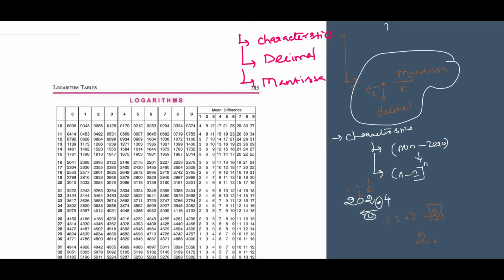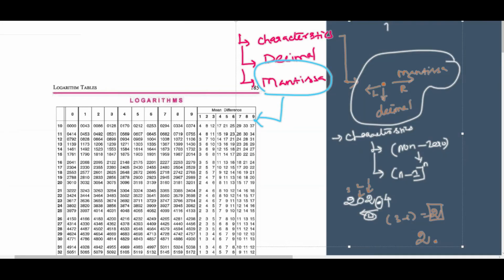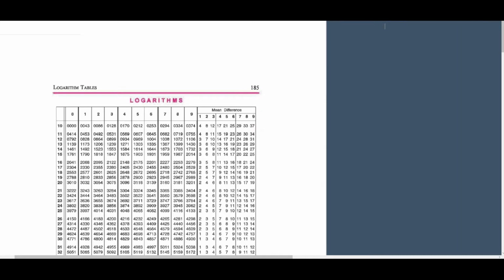Clear? Then we are coming to the Mantissa. For the Mantissa we are going to use this table, which is the logarithmic table. Clear? So these are the basic things. So now we are going to discuss a basic example. The first one I am going to take is the number